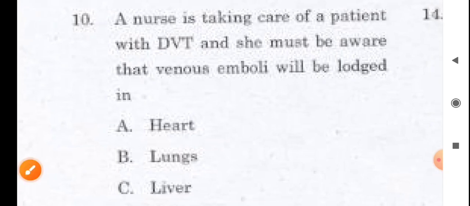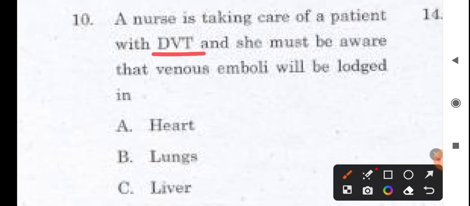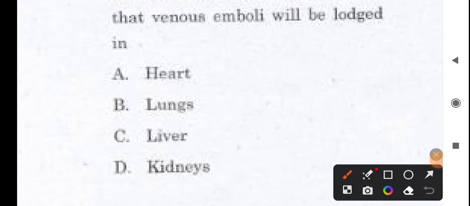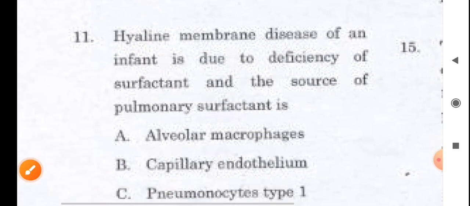A nurse is caring for a patient with DVT, deep vein thrombosis, and she must be aware that venous emboli will be lodged in. Options are heart, lungs, liver and kidneys. So please comment your answer. So next,